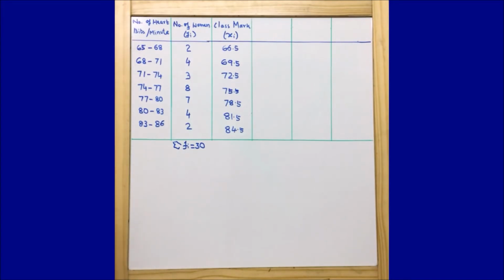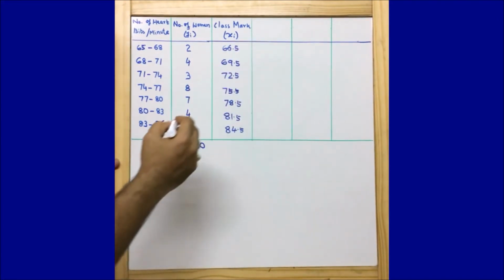Now looking into the assumed mean method. So what is assumed mean? Let us first see the assumed mean method. If we are going to use assumed mean, then we are going to find out di. That means at the end we need to find summation of Fi di. Mean is equal to a plus summation of Fi di by summation of Fi. So for Fi di we need to find out di. Di means deviation. Di is equal to xi minus assumed mean. So let us find out the assumed mean and see what we are getting.